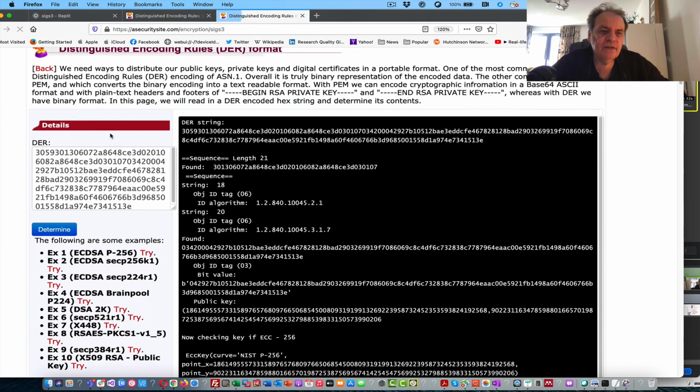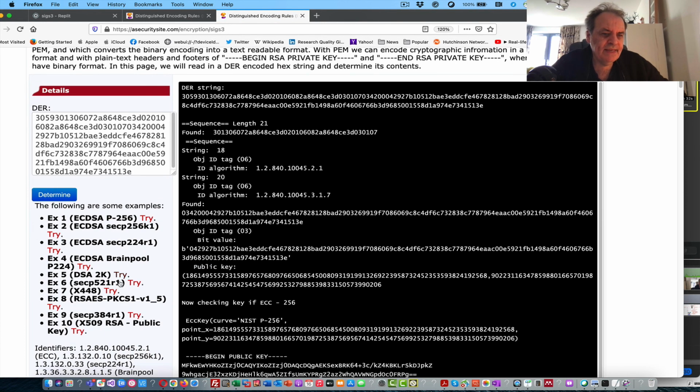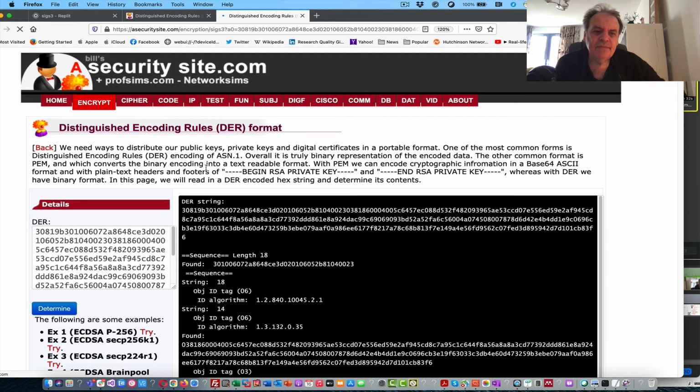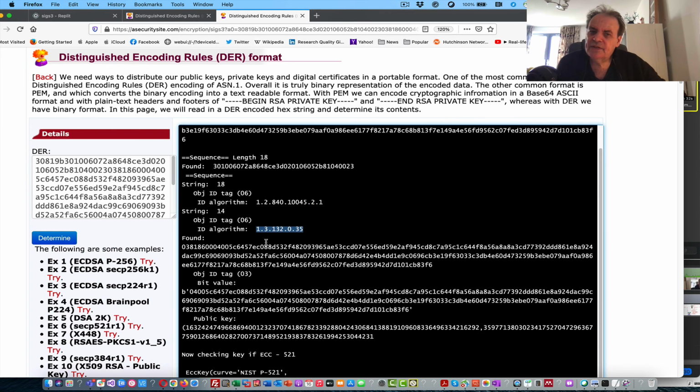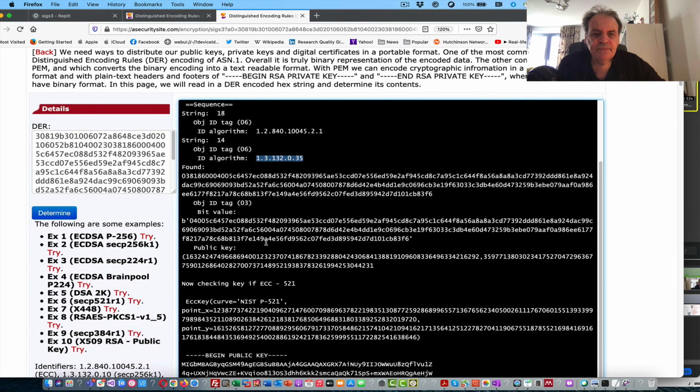Okay, so this is our little program here. So we'll just load in a key. So let's see, we load in this one here, which is a 521-bit elliptic curve. And we can see here it's found that identifier, it's found that type, and hopefully that will relate to elliptic curve 521.